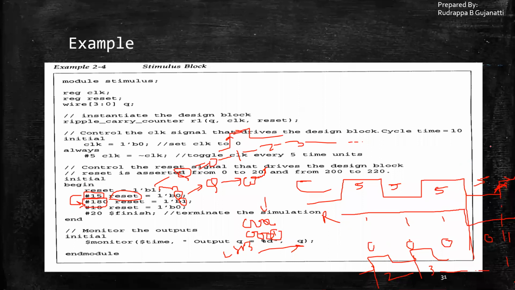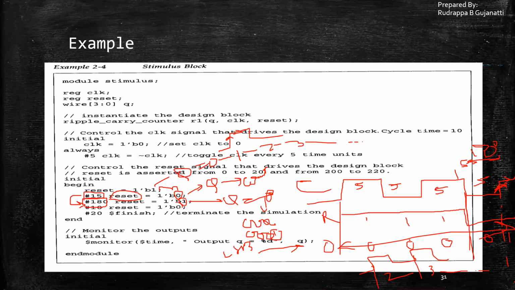So from here, you add 180 units. So it will be at 195 units from this position. So it will be 195. So at that point, again, Q turns out to be 0. So it will be 0 up to how much time? Unless and until reset is made 0 again. You make the reset equal to 0. So here you can just see again reset is when it is made 0.